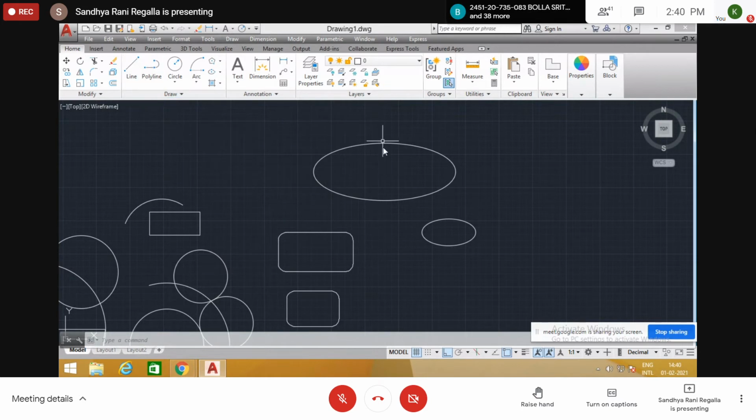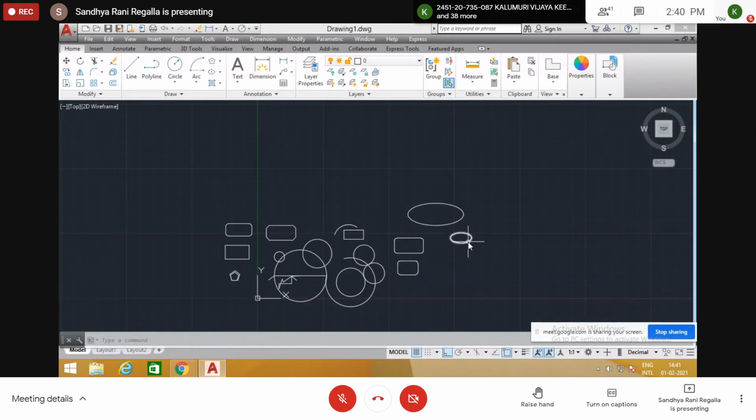So these are the basic draw commands: line, polyline, circle, arc, polygon, and ellipse. By using these basic commands, in points and straight lines, we draw only lines and arcs. No other commands are required. If you go to planes, the remaining commands are necessary. Okay, these are the basic commands.